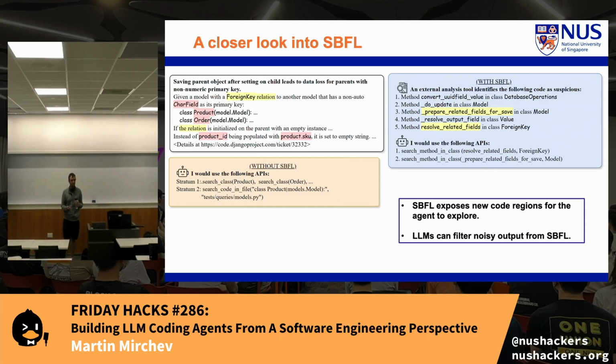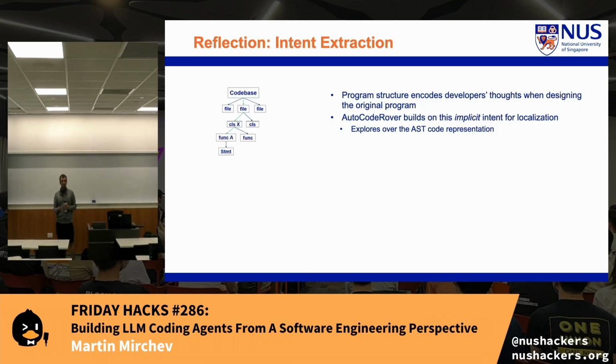Now, upon reflecting on this, we're asking ourselves, okay, we have context retrieval, but also there's another important thing that generally developers do, which is really focusing on the intent, extracting the intent, like what does this piece of code represent? Like what am I expected to do if I want to fix this function? So in a way, can I give guidance from the context retrieval to the patch generation?